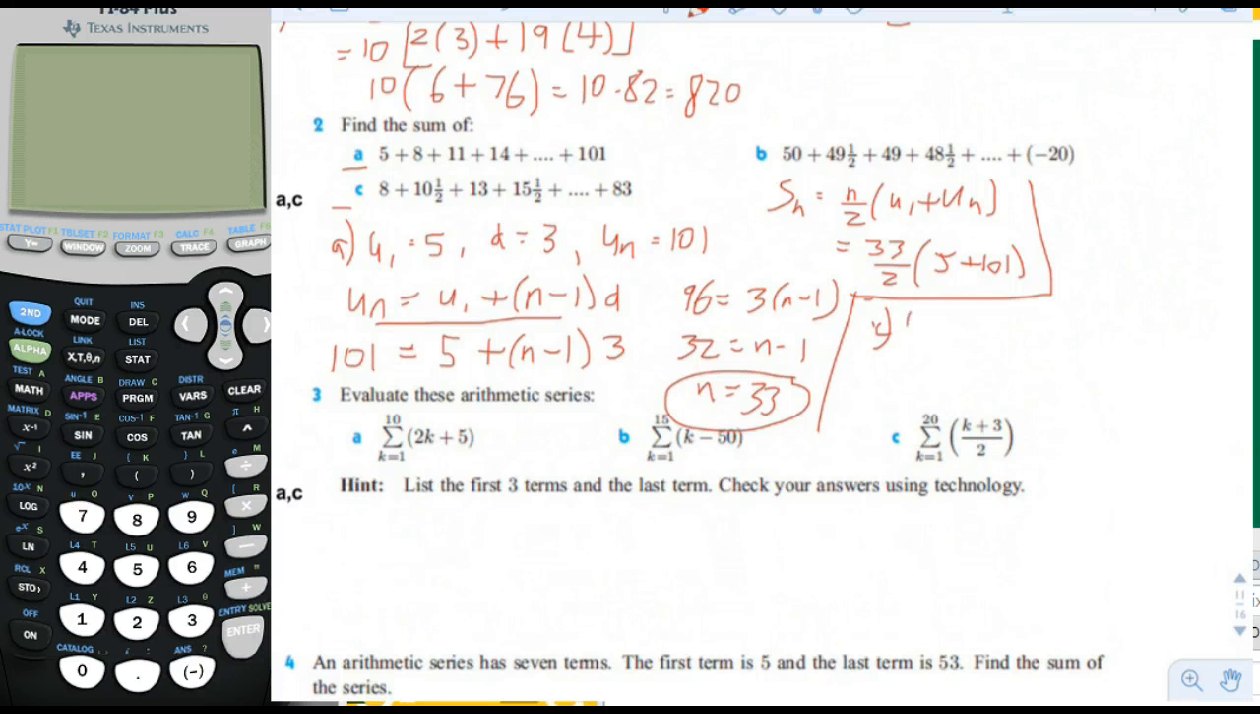Now in C, let's see, U1 is equal to 8. UN is equal to 83. D is equal to, let's see, 10.5 minus 8 is 2.5. Okay, and so we just don't know what n is. Again, you do the same thing. You use the term formula,